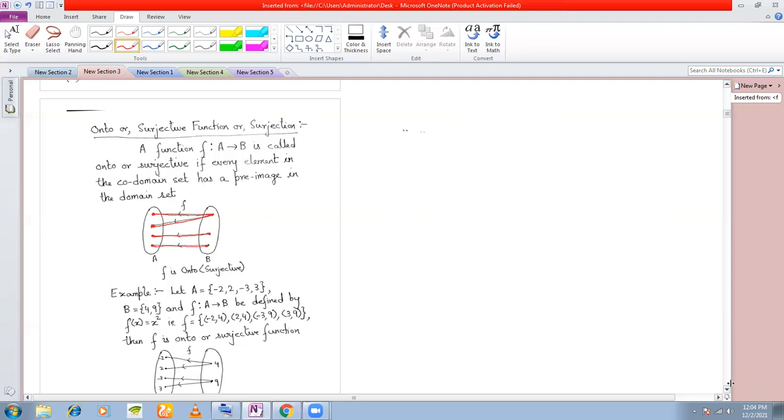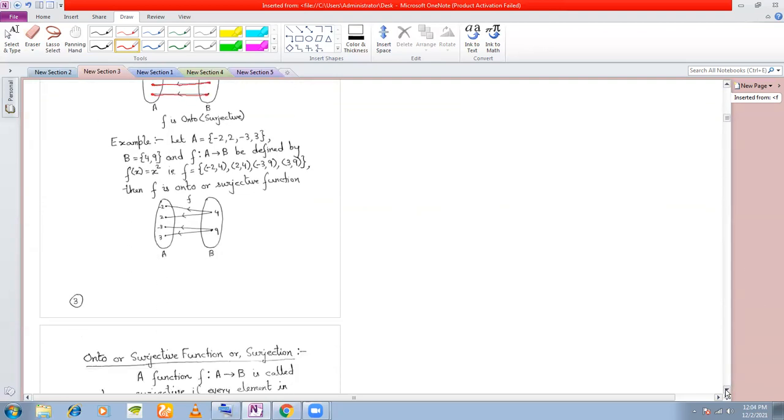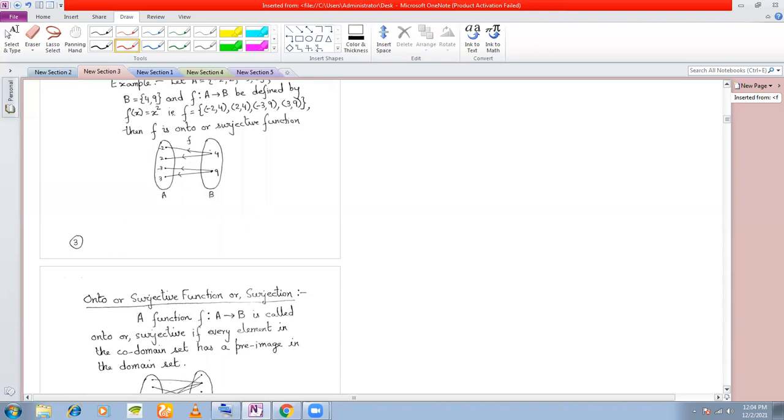I have also given you an example here. This is a surjective function, if you see, because 4 here has a pre-image -2 and it has a pre-image 2. Therefore, it does not have a distinct pre-image. That is okay. We don't need distinct pre-images. We just need a pre-image, that every element must have a pre-image. See that 4 and 9 are the only two elements in B, and both of them have pre-images, right? They are not distinct definitely, but all of them have in the set B. So therefore, this function f is called a surjective function.